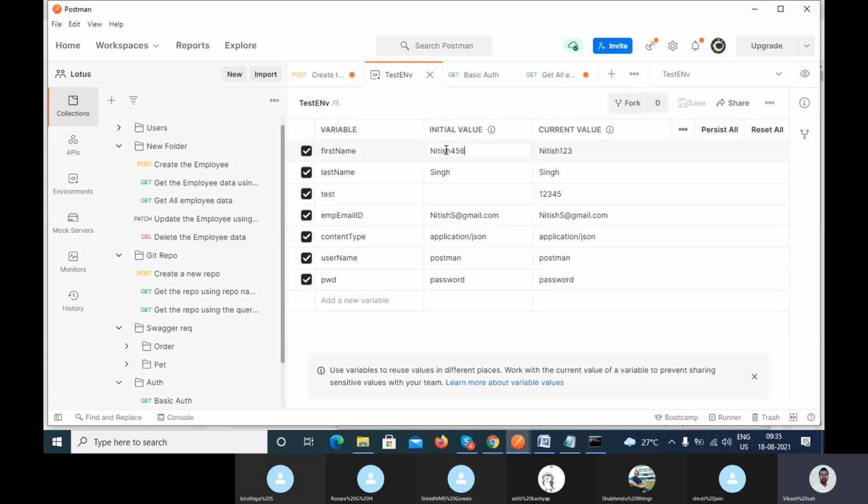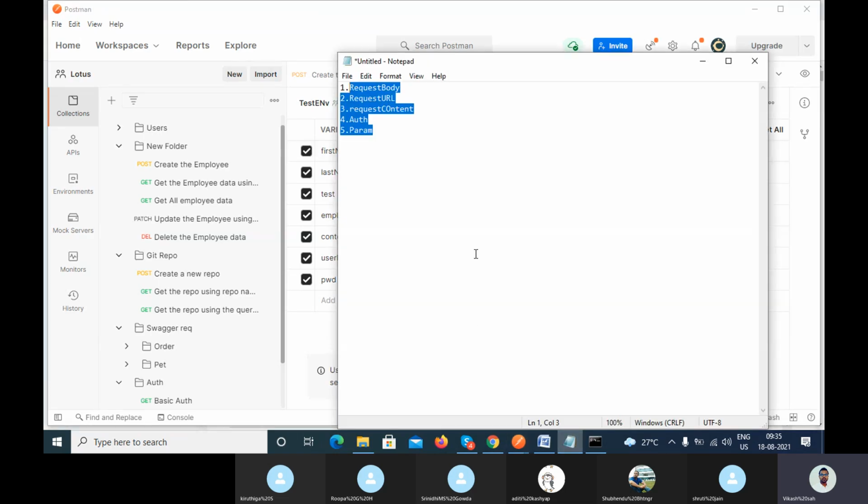When you are creating the environment, this environment file, because in a team we have multiple team members and we are using the same thing. Let's suppose we have one team, and inside the team we have 5